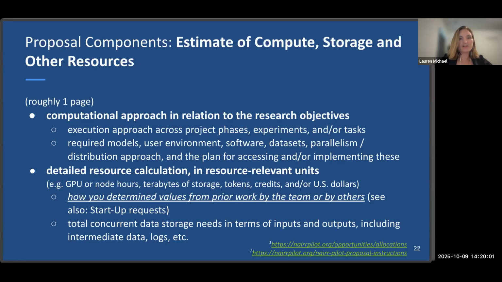For the proposal section on the estimate of compute, storage, and other resources, you need to clearly articulate the amount of resources that you need based upon requirements and scaling information from clearly described benchmarking and/or scaling tests, or citable data from others. Failing to do so is the most common reason for rejection or for a significant reduction in allocated resources. For each methodologically linked project phase or category of AI-related computational tasks, how many resource units, credits, dollars,